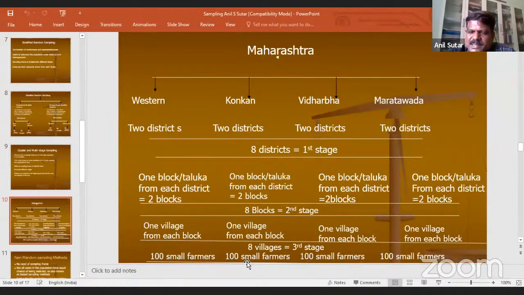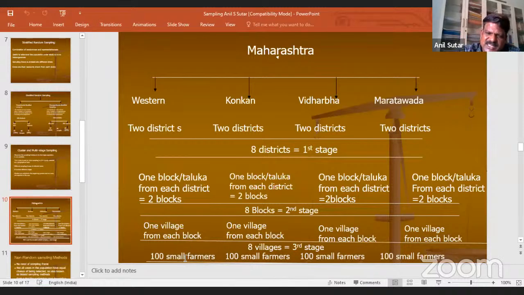How I arrived at 800, you can revisit the sample size determination formula, and accordingly we can plan it. Should you select 50 farmers from each village, or 35 or 75? That will be decided by your sample size determination.